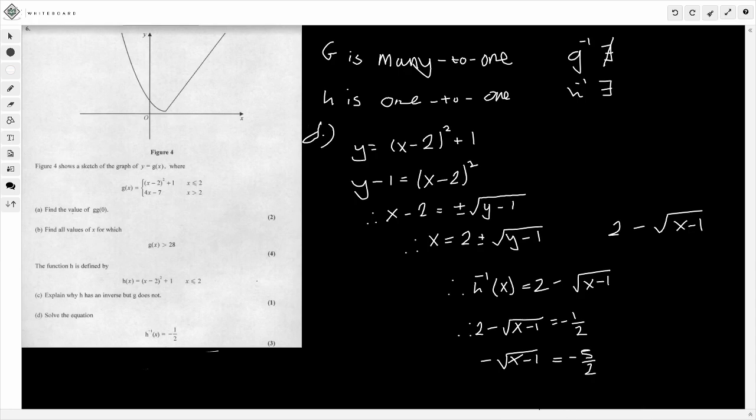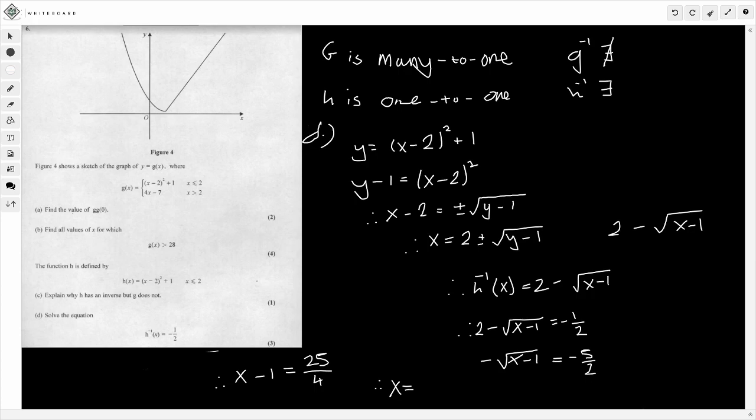Then if I square this, I obtain that x minus 1 is equal to a positive value. Obviously, if you square a negative here, this will become positive as well. So therefore, x minus 1 is equal to 25 over 4, since 5 squared is 25 and 2 squared is 4. So if we add 1 to this, that's 4 over 4 to 25 over 4,